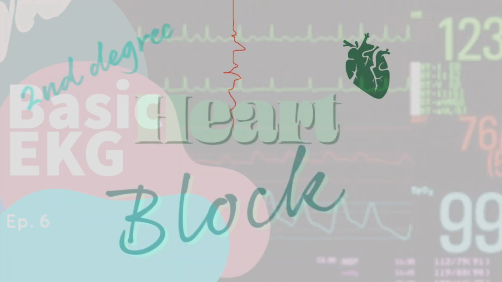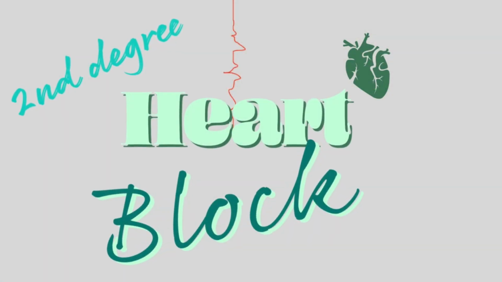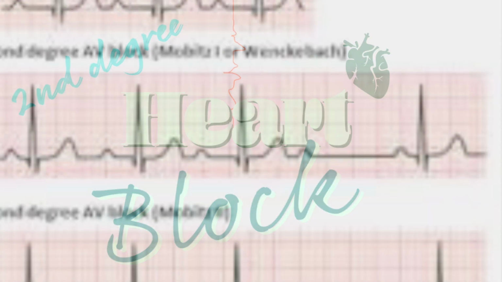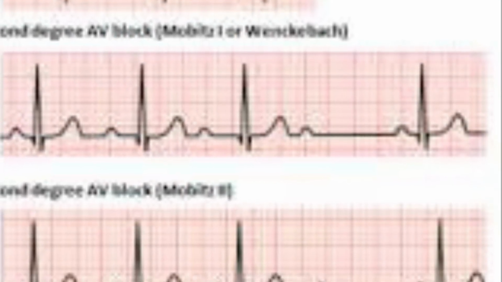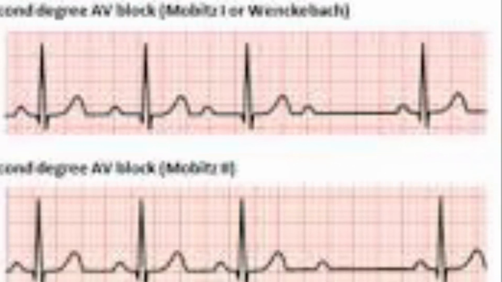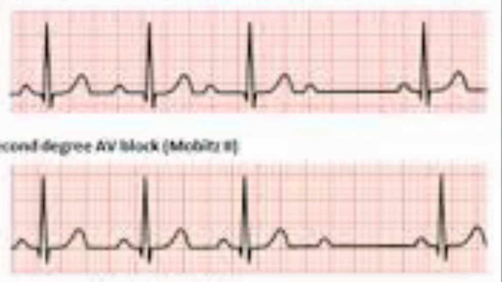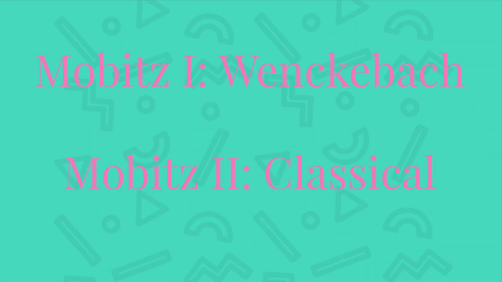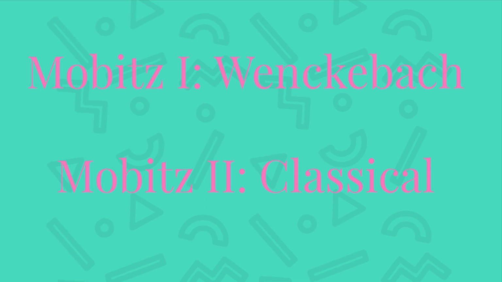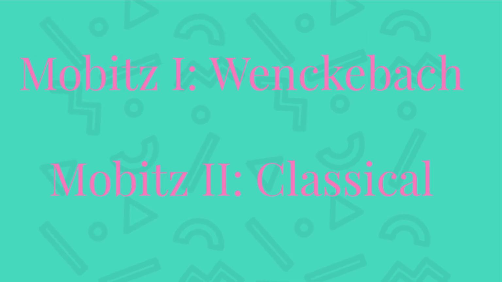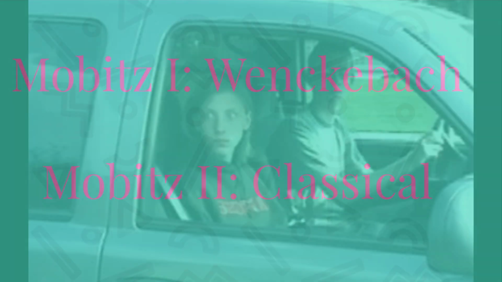So today we'll be learning about second degree heart blocks. Second degree heart block is when the electrical signal between your atria and your ventricles can intermittently fail. But guess what? There are two different types of second degree heart blocks. The first one is Mobitz I, aka Wenckebach, and Mobitz II, classical. Yes, I definitely said there are two different types, so buckle up your seatbelt, babes, because we have a lot of